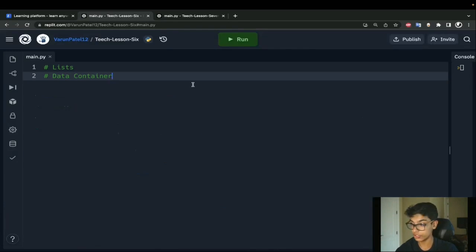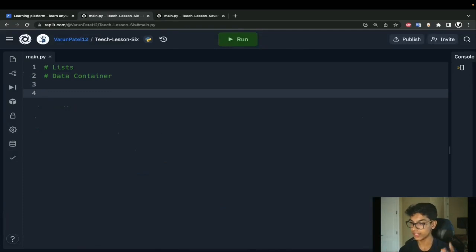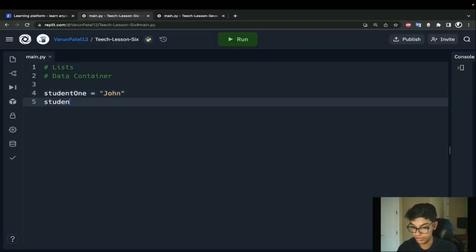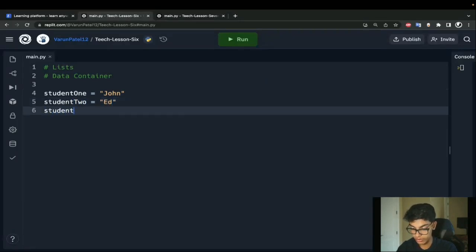The first thing we did was explore the need for a data container, through the analogy of a classroom. Say you're a teacher with a bunch of students to manage. How do we contain all of that? Within what we know, there's no way to do that, but we could have a bunch of variables: student 1 is equal to John, student 2 is equal to Ed, student 3 is equal to Steve.